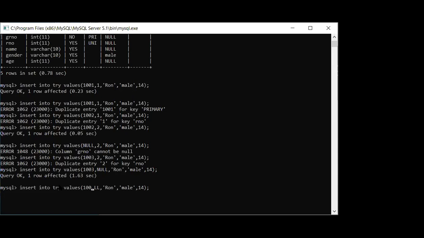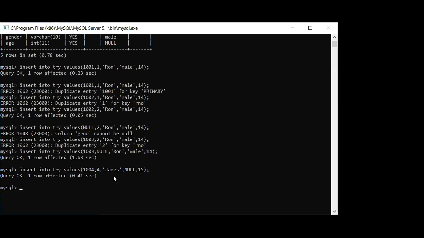Fine, I'm giving 1004, roll number 4. I'm changing the name. See, again I'll get the error, but suppose I'm not writing here, I'm writing null here, and age is 15. Fine. So the very first thing you have to understand is, if I have given null here, it will work.